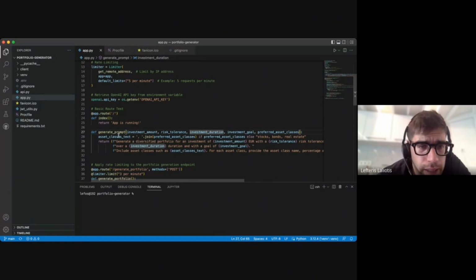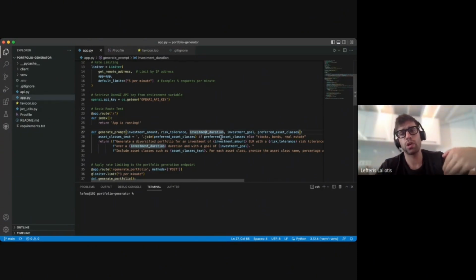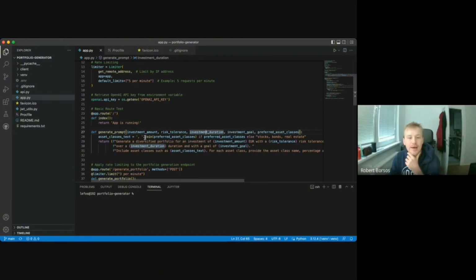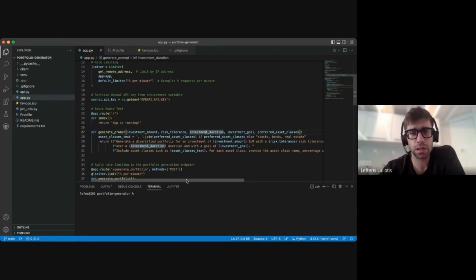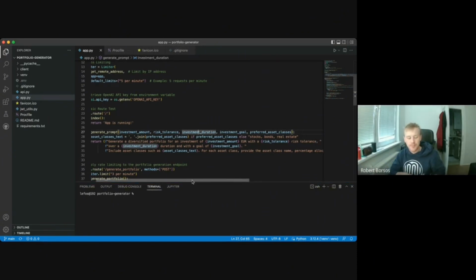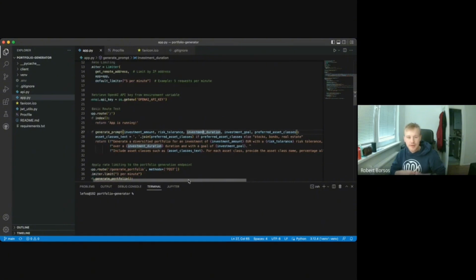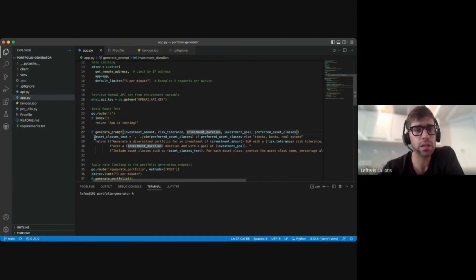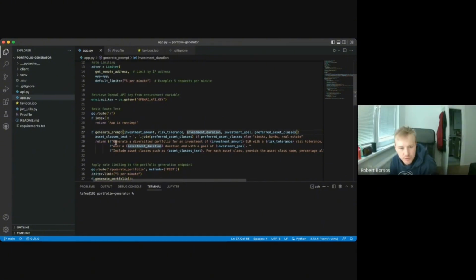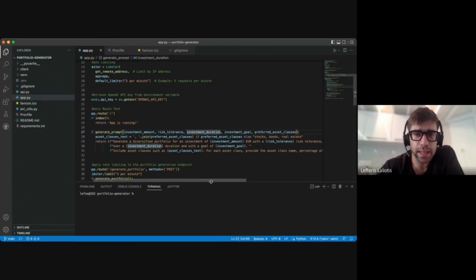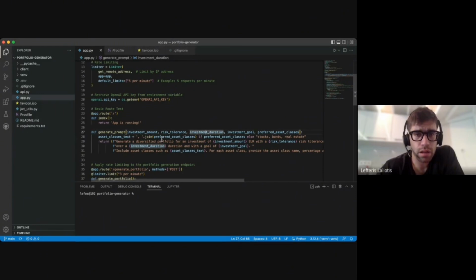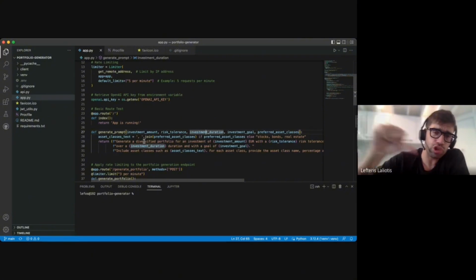And here I'm just mixing everything up so I can create the prompt. These are just the input variables you get from the user, and you put them in to get a natural language response from OpenAI. Exactly. So essentially, I'm sending this text to ChatGPT via the API.